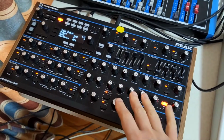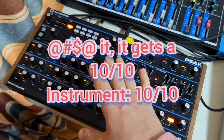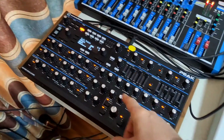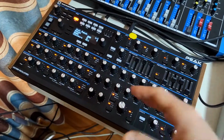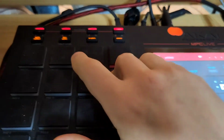As an instrument, I would give this easily a 9 and maybe even a 10. This thing can sound fantastic. I'm going to pause the video for 1 second here, and then I'm going to make sure that my MPC Live is controlling this, because obviously you see there's no way to control it on here. And then I'm going to make some sounds out of here. Ooh, blow your mind. Hold on. Okay, I've got it ready here. I'm controlling it through MIDI, so...